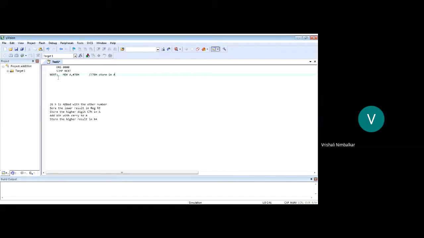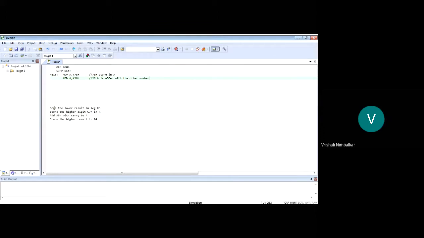So tell me the next instruction. One number is in the accumulator, the other number is 26, and you know that number. ADD A, hash 26 hex. So this is done. 26 hex is added with the other number, which is in the accumulator.